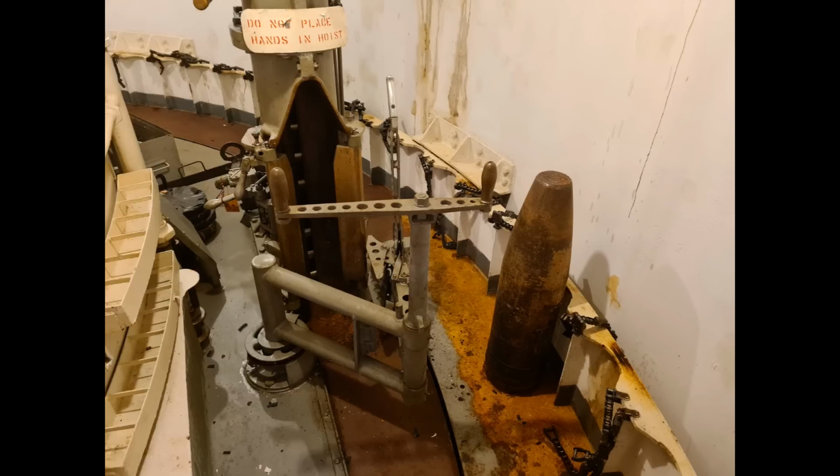You're going, well, at minimum, you need a couple of people to manhandle the 8-inch shells and a couple of people to deal with the charges per gun. So that's a minimum of 6, but in actual fact, there's a lot more because you don't want to run the entire thing on a minimum skeleton staff. But